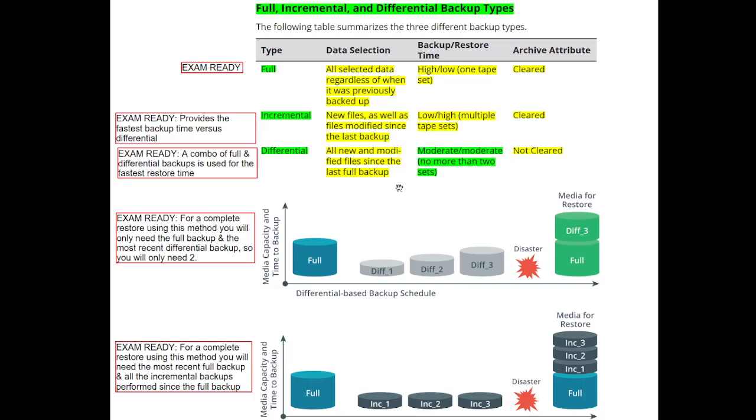Now, a differential backs up everything that has changed since the last full backup, but it does not clear the archive bit. Now, you can tell the difference here that during the week it takes more space, it takes longer. But when it comes to a disaster recovery, full differential is always the fastest because it only needs two data sets: the last full, the last differential. Now I'm going to run through them in a combination so that you get a little bit of an explanation